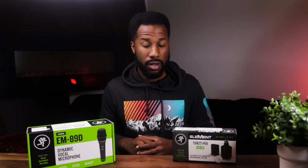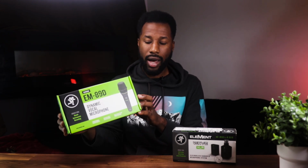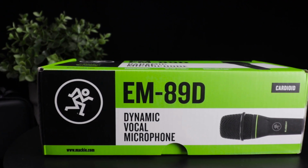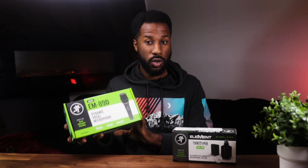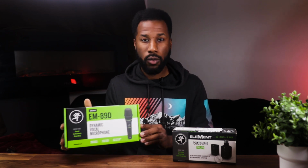Which brings me on to my next point. It is for this reason that Mackie has also provided me with one of their dynamic microphones. So with me here, I have the EM89D, which is an XLR dynamic microphone. So if you were maybe considering buying this particular microphone as well, then you're getting two birds with one stone here, because I will be using this microphone for the series of sound tests that I will be performing throughout